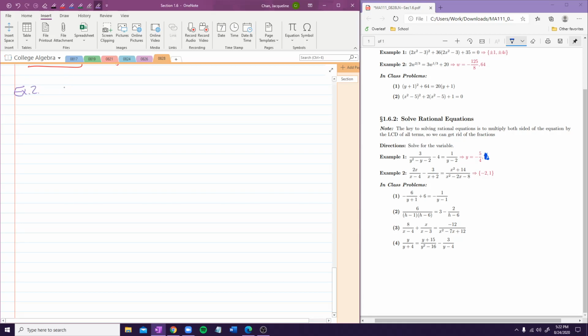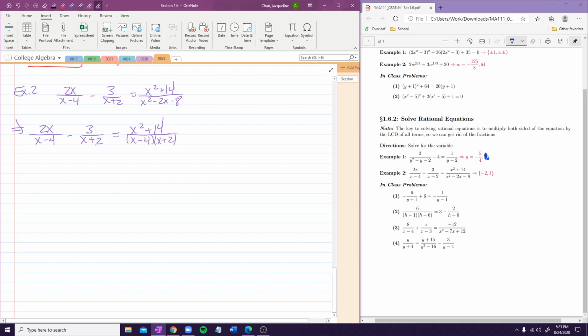So example 2, let's solve 2x over x minus 4 minus 3x plus 2 is equal to x squared plus 14 all over x squared minus 2x minus 8. Right? So before I find the restricted values, I'm actually going to go in a different order this time. I am going to factor our denominators first. The first two terms, I can't factor the denominator, so they're just going to stay as is. But when I look at the x squared minus 2x minus 8, this becomes x minus 4, x plus